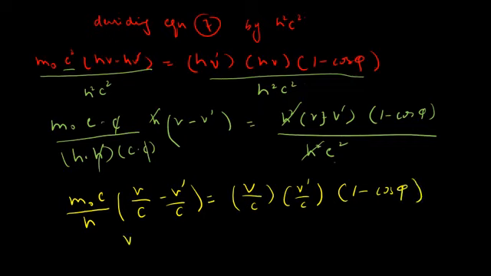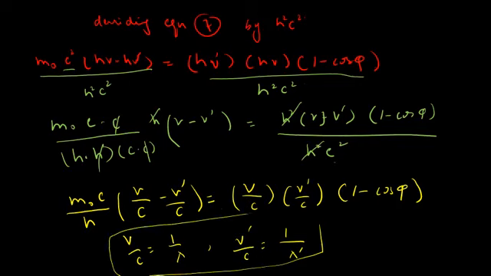And you know that mu by c is equal to 1 over lambda, and mu prime by c correspondingly is equal to 1 over lambda prime. So making these substitutions into the above equation,